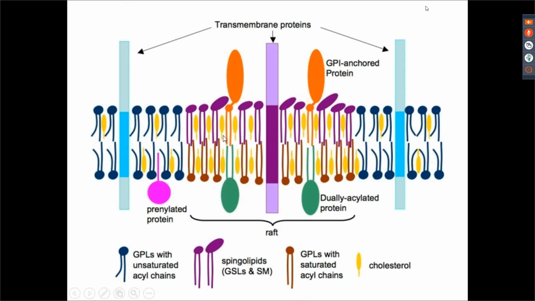However, in regions where sphingolipids are present and you have saturated fatty acid chains, the cholesterol molecule associates with the saturated fatty acid present in the sphingolipid and it leads to compaction. So you can see that this area, wherever you are seeing these purple circles, seems to be more compact than the rest of the membrane.